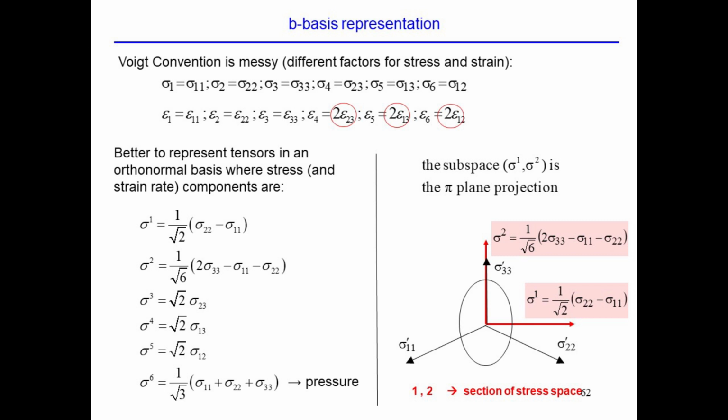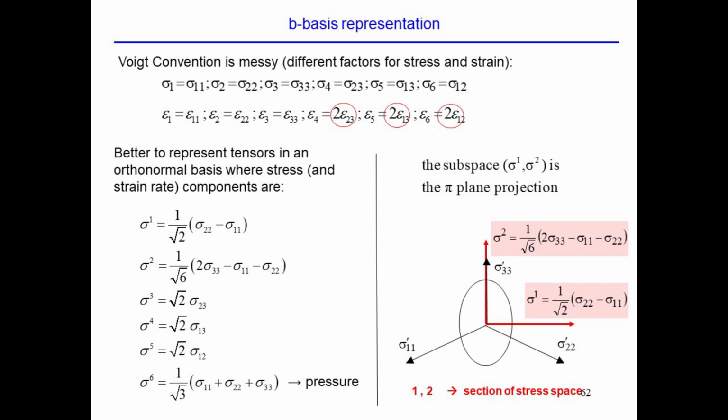When you have to do multiplications of tensors using the Voigt convention, you also have to add factors of 2 in different components in order to compensate. And when you do matrix inversion, when you do the inverse of a tensor by inverting the matrix represented with the Voigt notation, you have factors 1/2 and factors 1/4 that affect different terms. So it is really a messy convention, the Voigt convention. This convention, which is a convention that we use inside the VPSC, eliminates all those issues,